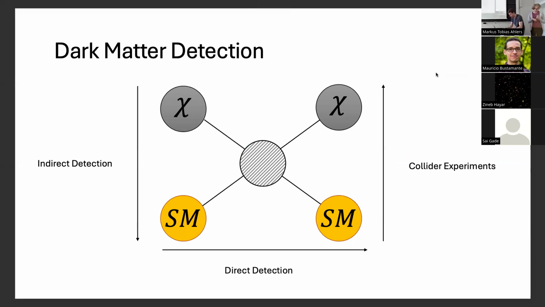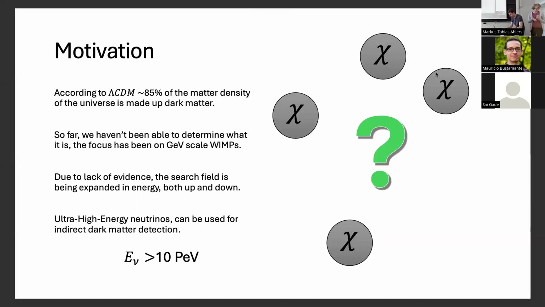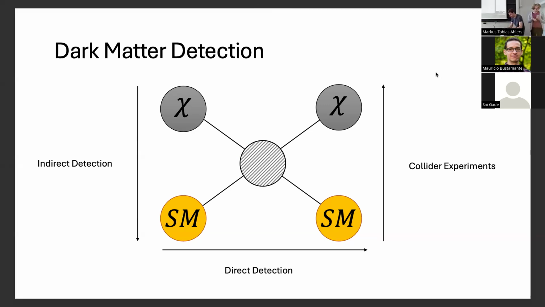So how are we going to do that? There's a couple of different ways to do dark matter detection. We can do direct detection if we somehow observe a dark matter particle interacting with a standard model particle. In collider experiments, we can try to hit two standard model particles together and see if we lose energy somewhere. We can't find the products, and that's an indication for dark matter. Or we can do it through indirect detection, where dark matter either self-annihilates by colliding with dark matter and producing standard model particles, or it could decay, where we only have one dark matter particle, which then decays to standard model particles.